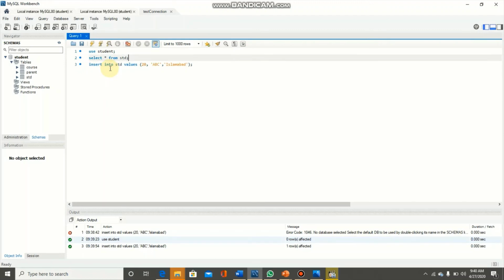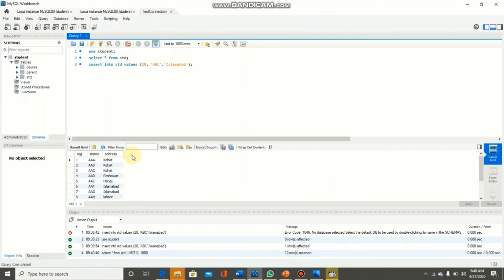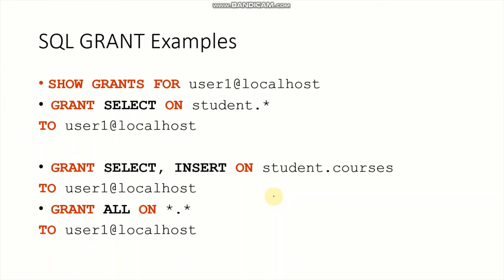Now if we look into the table, we will have this registration number 20 in the list. Yes, it is present here. If we need to grant all the privileges to user1 on all the databases, then we need this query: grant all on *.* to user1 at localhost.